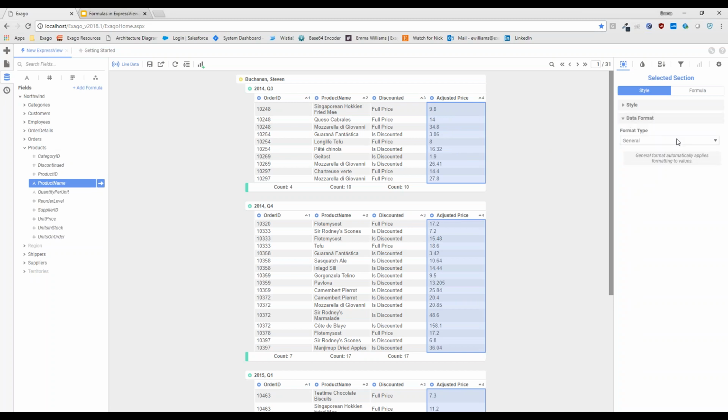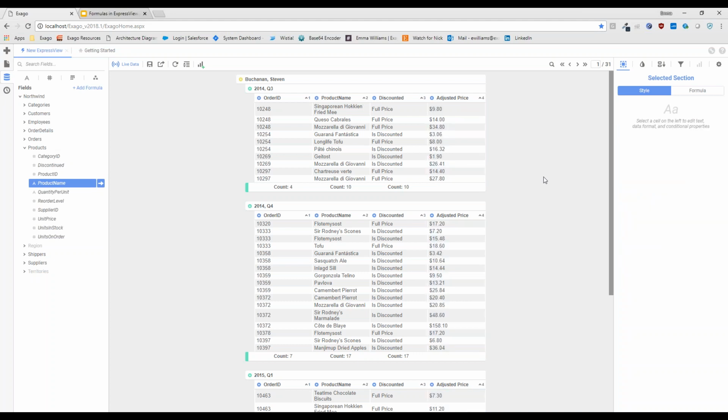So I'm going to open up my data format menu, change it to a number, and use a currency symbol. A couple of clicks and we're all set. We're exactly where we want to be. This style menu shouldn't feel that different from any other data formatting that you've done in Exago. You know, the verbiage is the same, the options are the same. It just lives in a different place now on ExpressView. So we wanted to just highlight that for you guys.